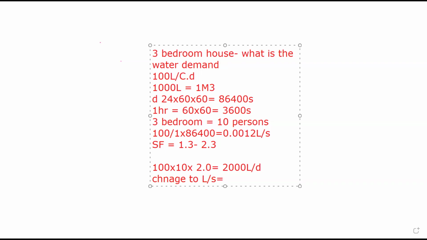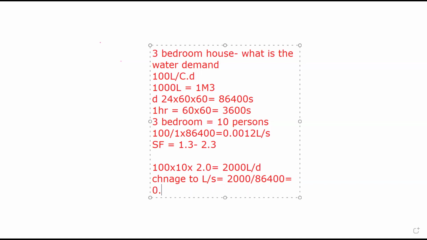So to change it, I'll divide this 2,000 by 86,400, since 1 day is 86,400 seconds. That will give me 0.023